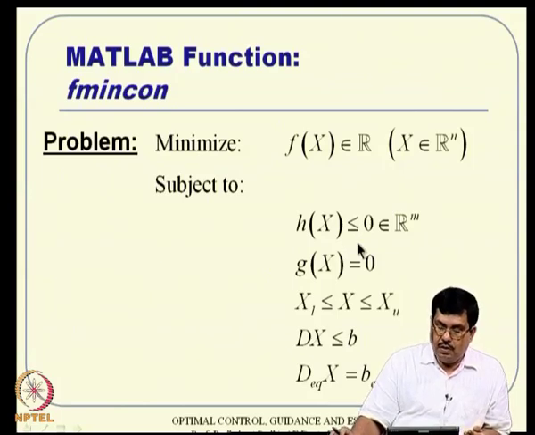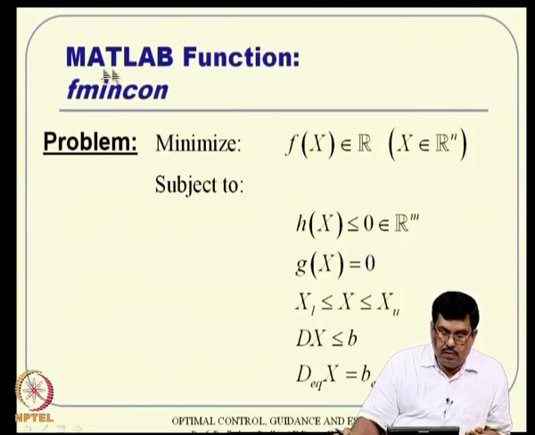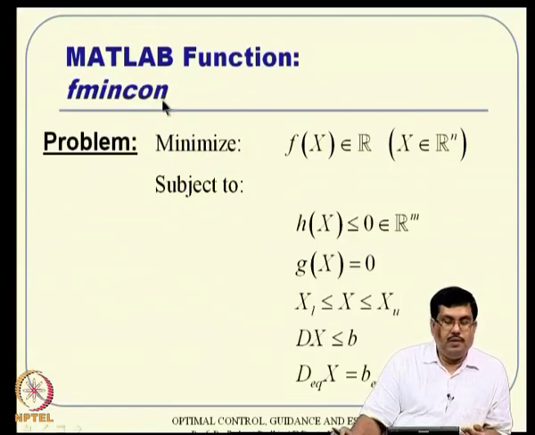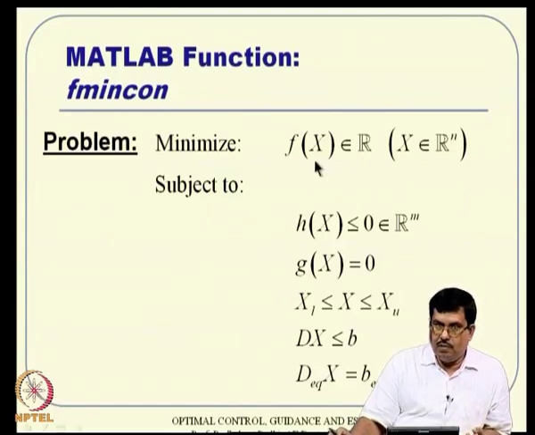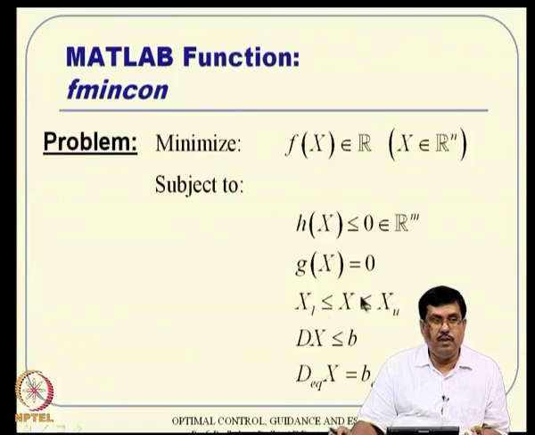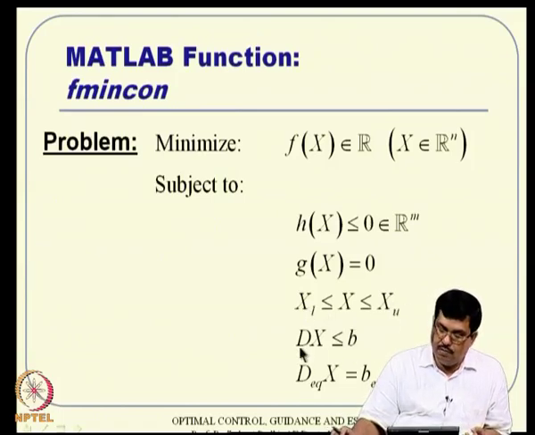Now, before I stop this lecture, I also want to introduce you to the fmincon function of MATLAB, which embeds all of these and much more. There are various numerical schemes, conjugate gradient directions, all sorts of things, and it gives a generic way of solving a minimization problem. F of x is a scalar which can account for all sorts of constraints. You can talk about less than or equal to 0, equal to 0, free variables getting constrained on both sides, and linear equations getting constrained, in the inequality sense as well as the equality sense. All sorts of constraints that you can think of are embedded here.